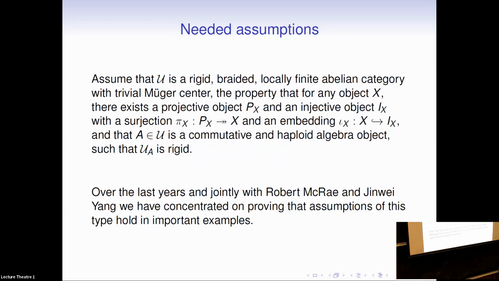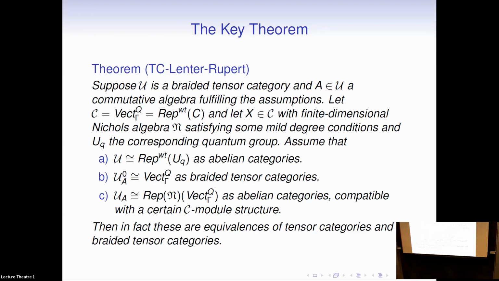And so I can now present you a theorem. The theorem says, under a bunch of natural assumptions, which I list here, it's just certain assumptions we need in order for our argument to get through. All these assumptions are not so difficult in practice to prove, up to this annoying word, which is unfortunately usually a technical issue. So our theorem says that once we have the setup, that means we have a braided tensor category, the category of modules of our VOA V of interest, and suppose we have a commutative algebra that fulfills our assumptions, and suppose we have a Nichols algebra in our category, then